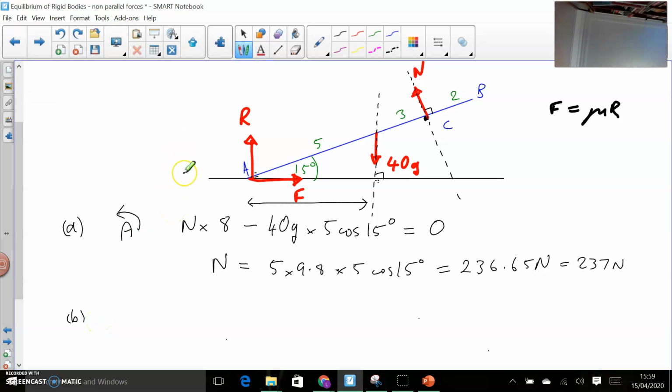Now we need to find mu. Well, mu we get from the fact that it's in limiting equilibrium and F equals mu R. Well, in order to do that, we have to use the other condition for equilibrium, which is the sum of the forces is 0. So we have